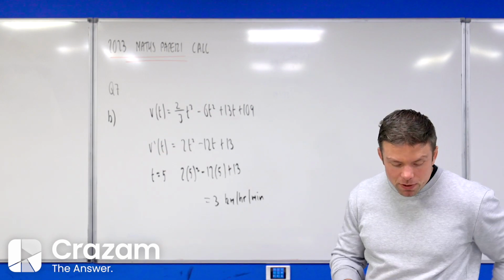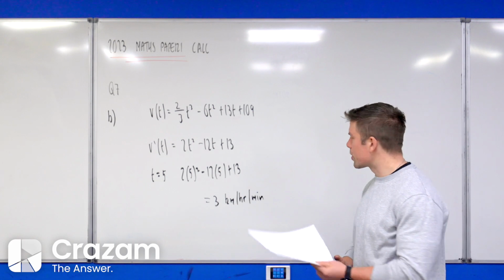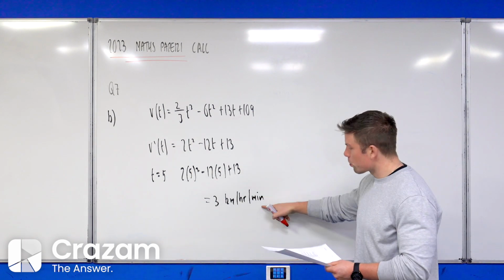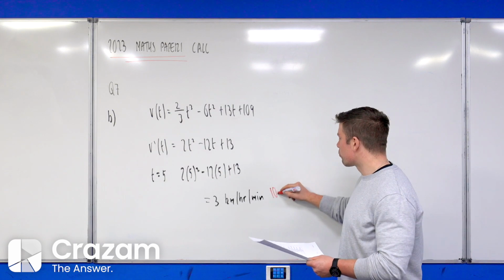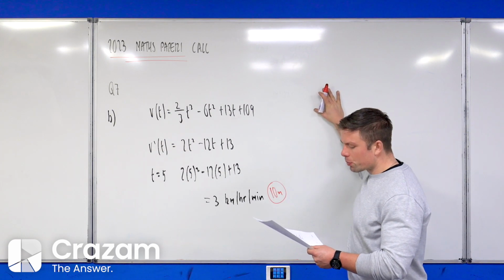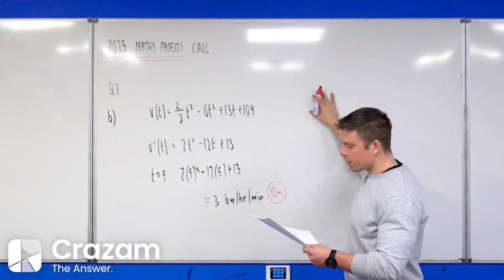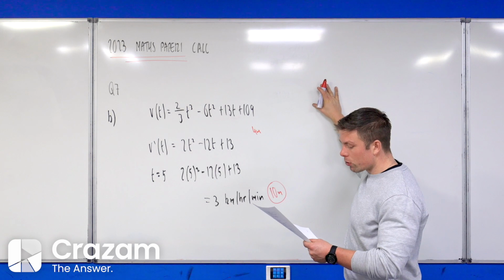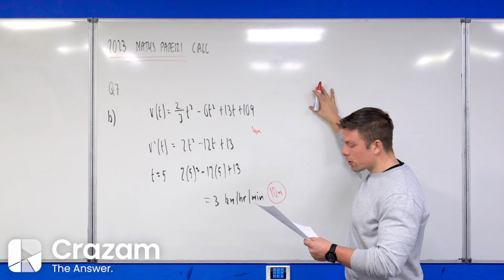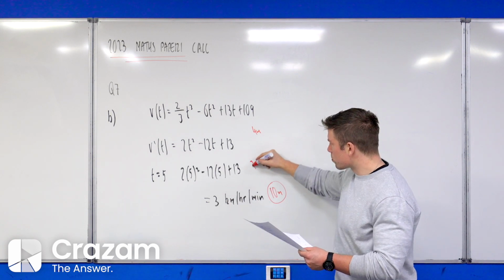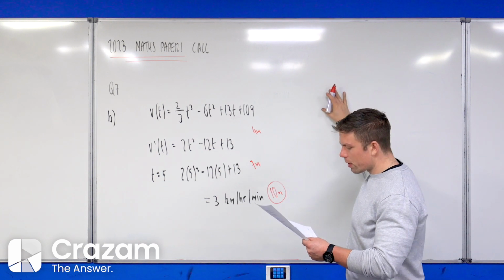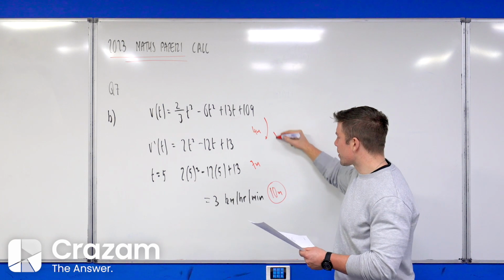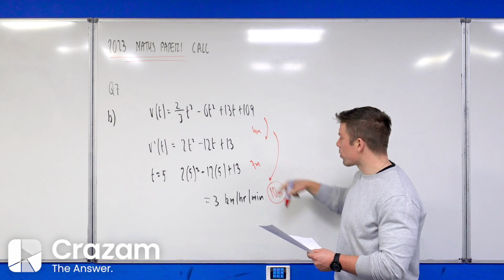They actually accepted it without the unit in this one, which is weird because they didn't accept it in the last question. But going forward, they might not accept it, so please write in the unit. 10 marks overall. How is it broken down? Any sort of correct differentiation, even if it wasn't fully correct, got you 4 marks. If you substituted into the correct derivative and then subsequently somehow got it wrong, you got 7 marks. Or if you had 1 error in differentiation but then finished it off correctly, that also got you 7 marks,